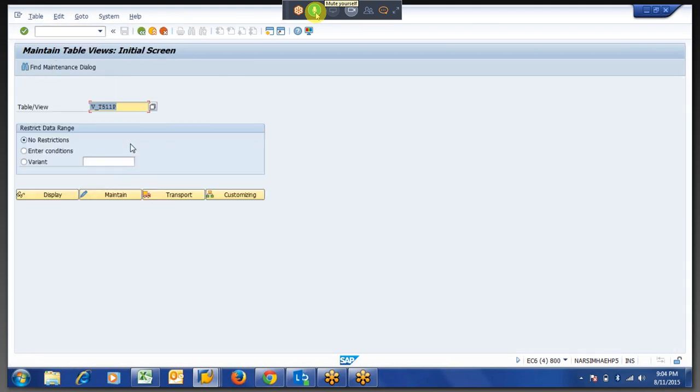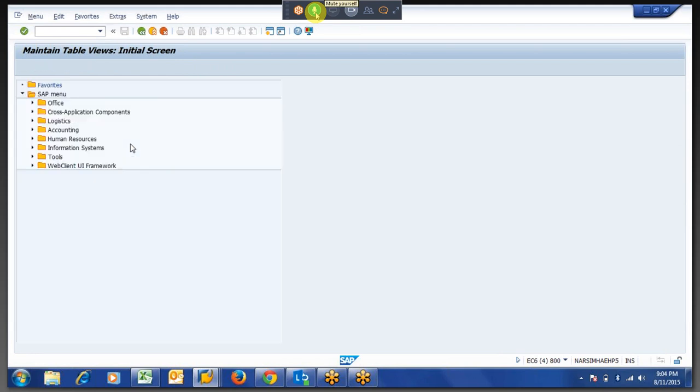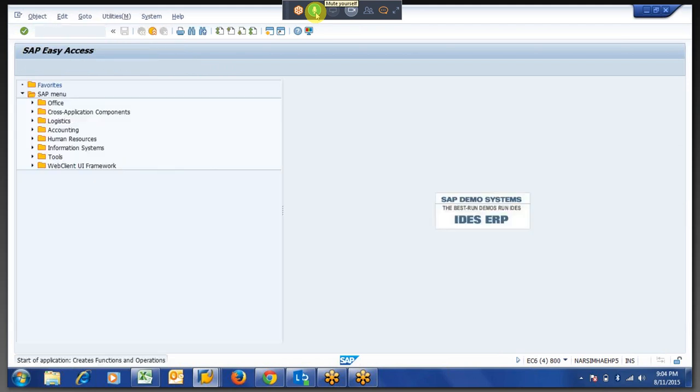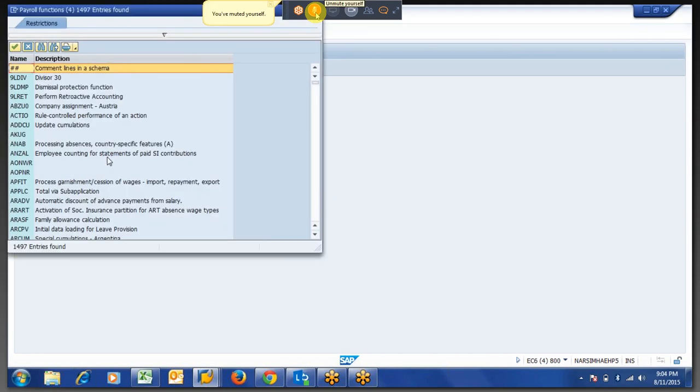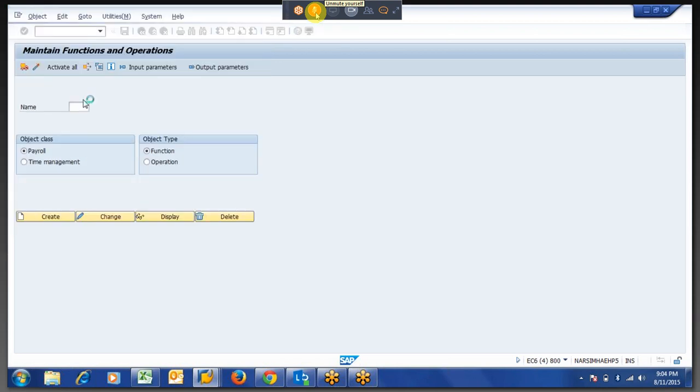So here we'll go back to this. What I said is there are some tables when you run the time evaluation, that is day balance and month balance. Today we will discuss only two tables, that is the ZES table and the SALDO table.